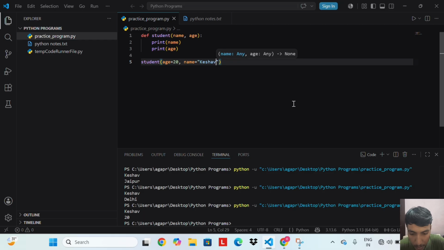Let's run this code. We get Keshav and 20.